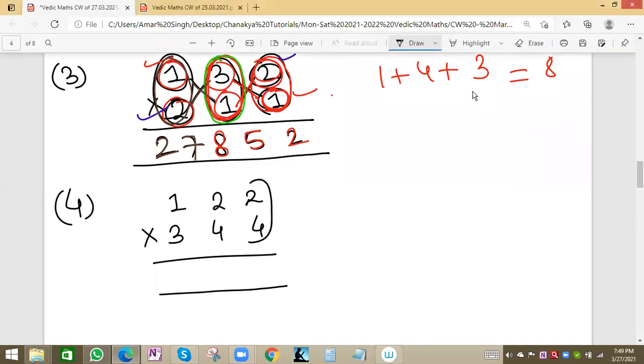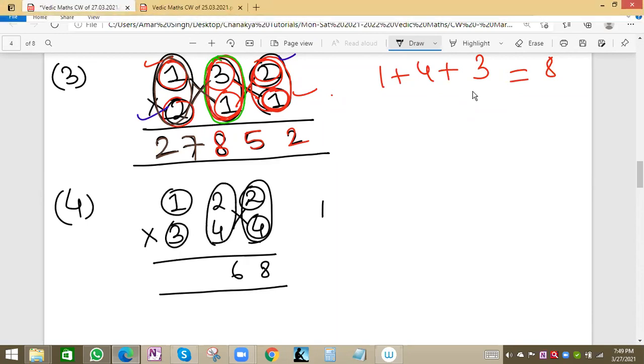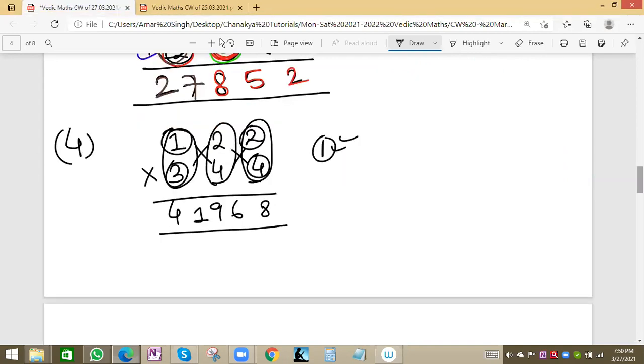We'll apply 4 twos are 8, then crossing for these nearby values. 4 twos are 8, and again 2 fours are 8. 8 8 16, 6, carry will be 1. Then big crossing, 4 ones are 4, and 3 twos are 6. 6 4 10. 10 and 8, 18. 18 1, 19. 9, carry 1, again 1. Then small crossing, 4 ones are 4, and 3 twos are 6. 6 4 10. 10 1 11, carry 1, and again 1 is the carry. 3 1 3, 1 4. So 41968 is the right answer.